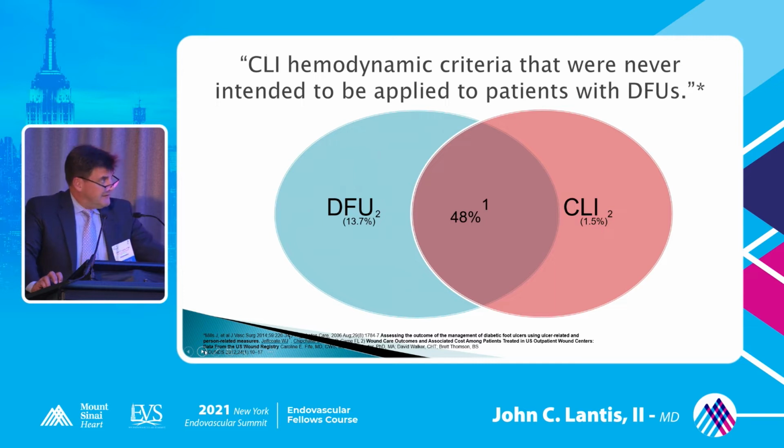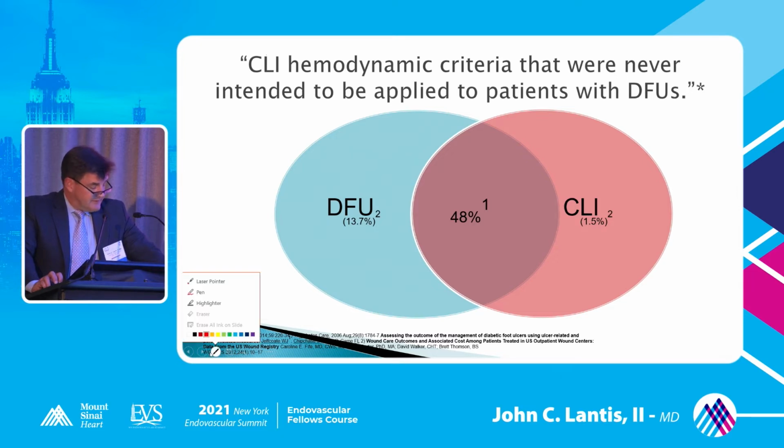Of note, the CLI hemodynamic criteria, however, were never intended to be applied to diabetic foot ulcer patients. And one thing to keep in mind is your diabetic patient probably does have somewhat different parameters as far as acceptable ABIs, TBIs, TcPO2, near-infrared spectroscopy, or what other method people are using to identify it. The point here is that there is overlap, but they are not the same thing and should be treated, therefore,